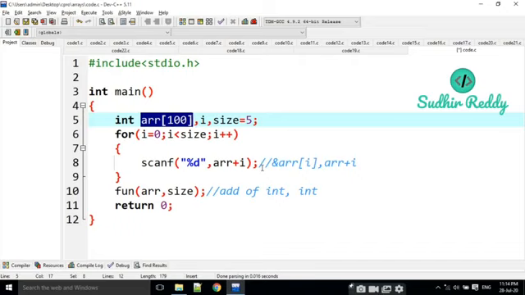First of all, we have to allocate some memory based on the size. Based on the size, I am going to allocate the memory. There are two functions, that is malloc and calloc. Here there is no requirement of array. Here we have to take a pointer.